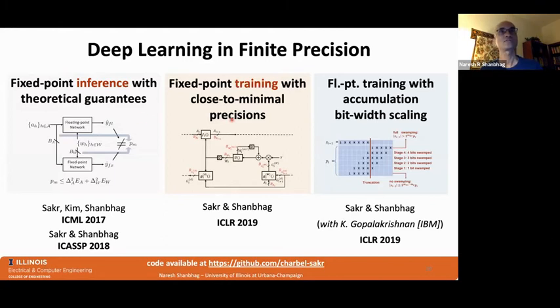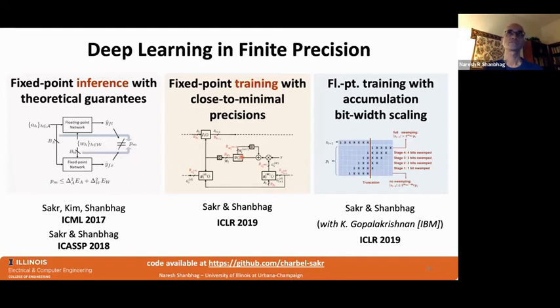And so there are these 3 pieces of work. Today, I'll just focus on the first 2 and give you a high-level summary of what they mean. The first work was published first in ICML 2017 and then in ICASSP 2018. This is focusing on the inference path, saying, in the forward path, what is the minimum precision I should assign to weights and activations to achieve a certain level of accuracy? In last year's ICLR paper, we extend this question to include backprop, the forward and backward path together.